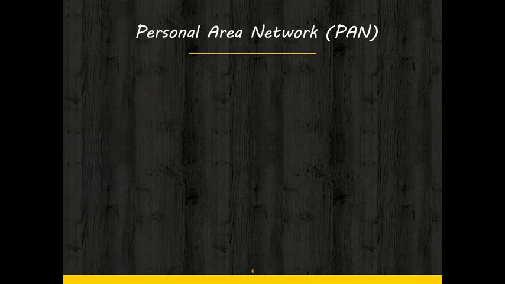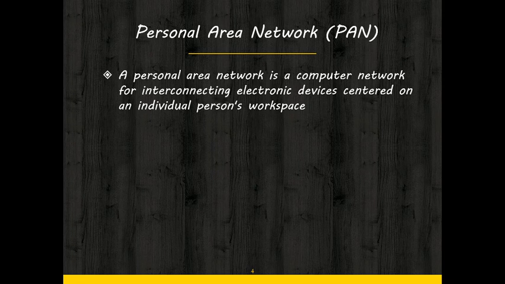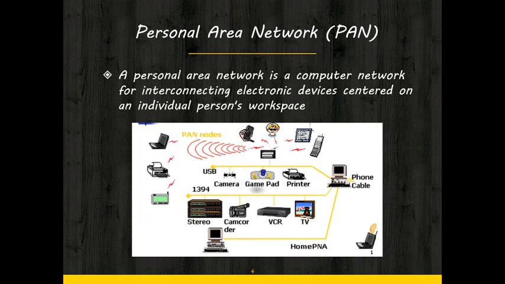Okay, so first is PAN, which is an acronym for Personal Area Network. A PAN is a computer network which is organized around an individual person's workspace. Okay, so whatever connections that we are using at our home, that network can be considered as personal area network, and they typically involve laptops, smartphones, printers, PCs, or any other wearable devices. And it usually connects devices surrounding one person within a range of about 10 meters.